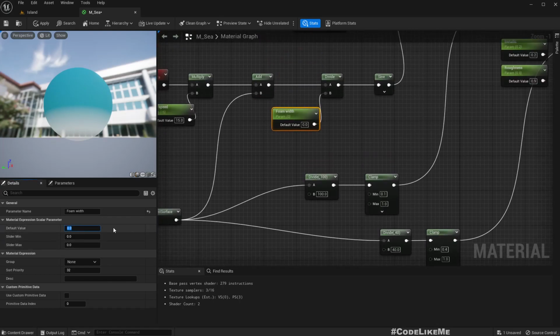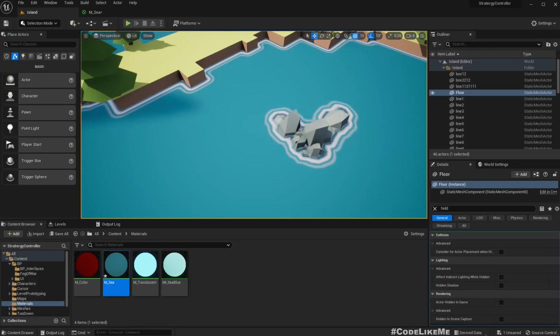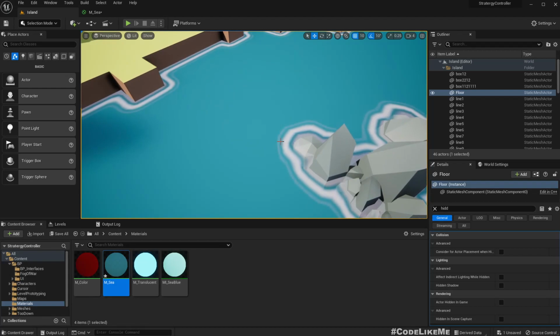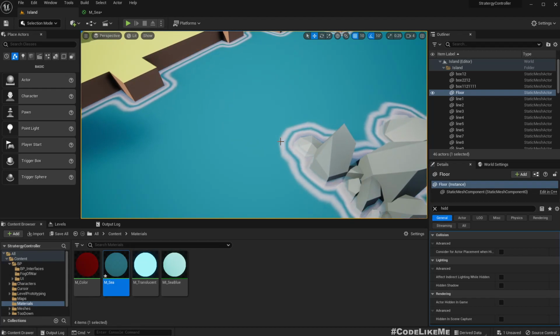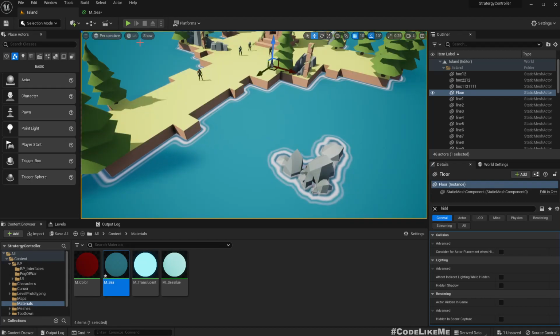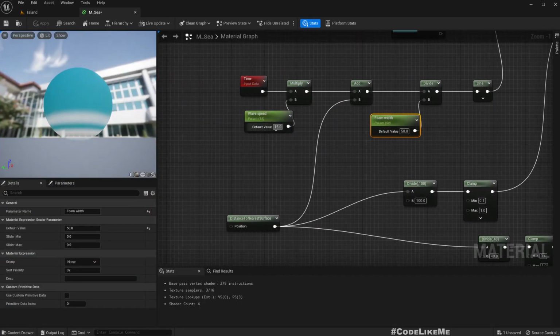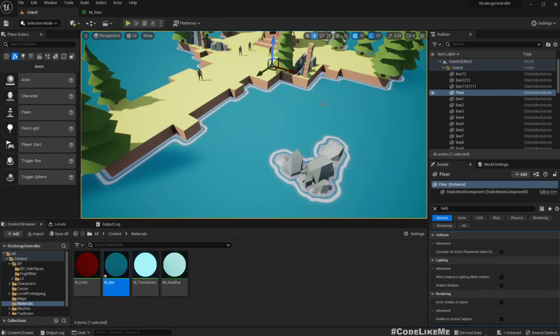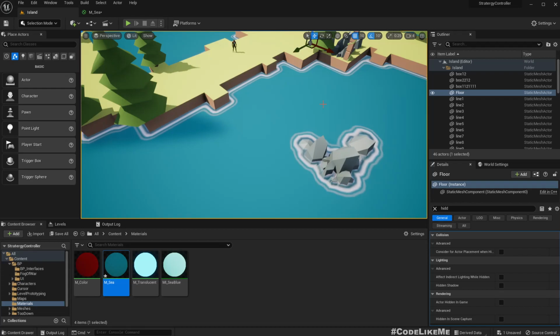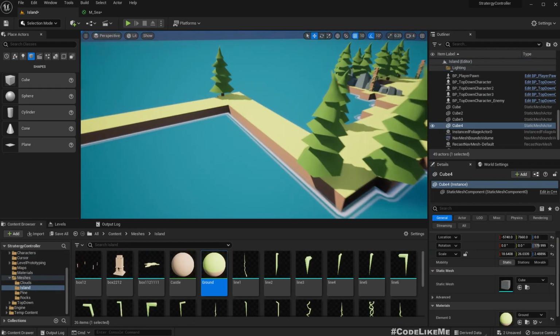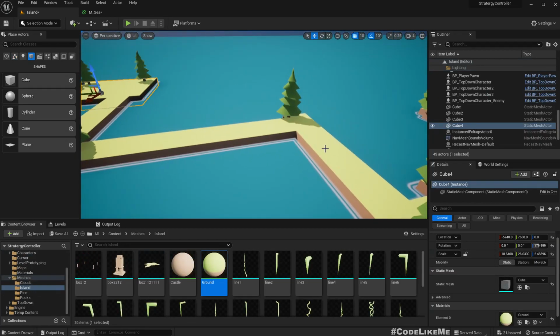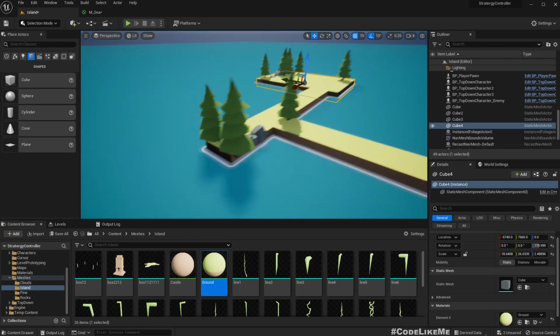So if I put 50 here, it should become thinner. Now if you need to revert the direction, instead of plus 15, you can have minus 15, like this. Okay, I just went ahead and replaced those box brushes with cubes, so now you can see these